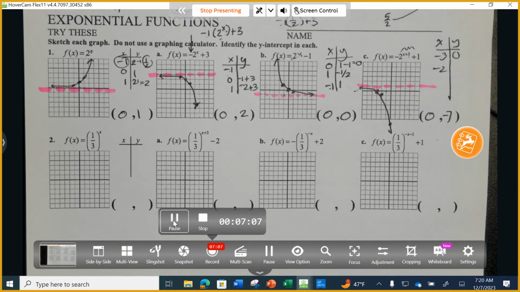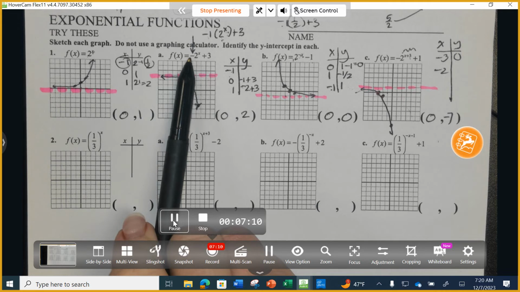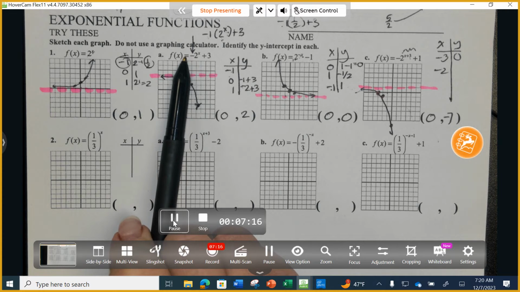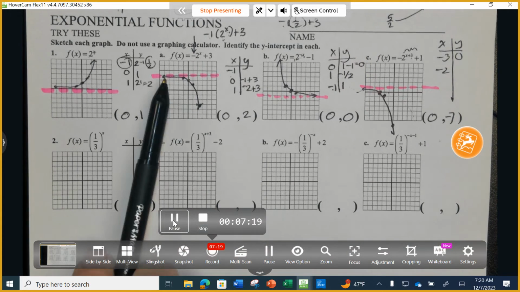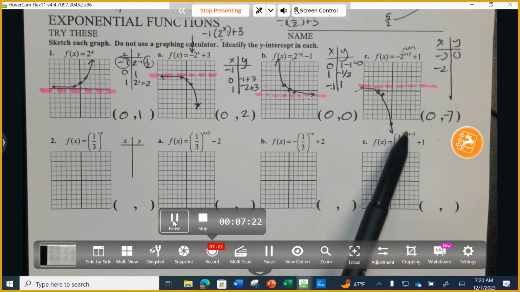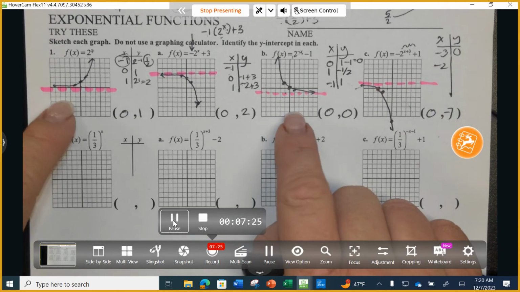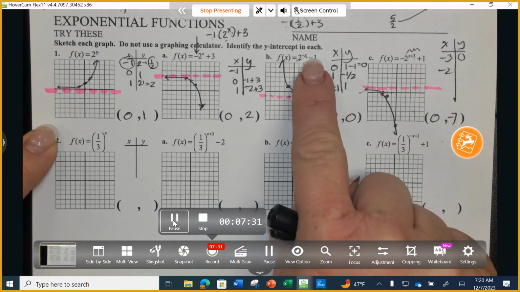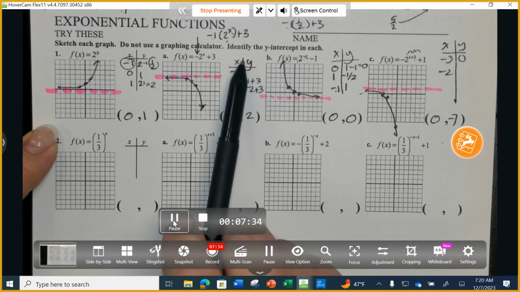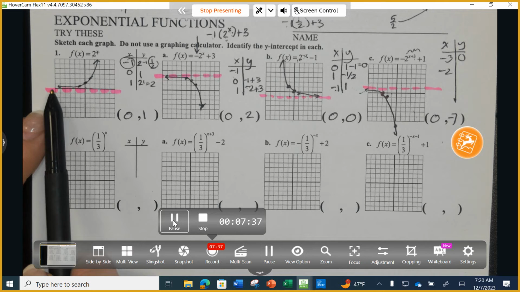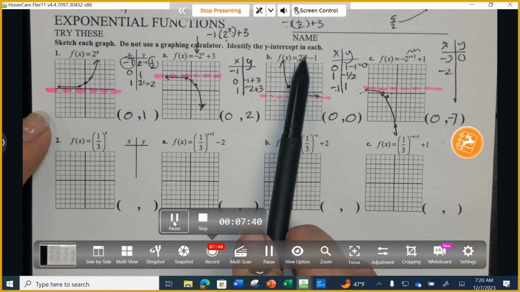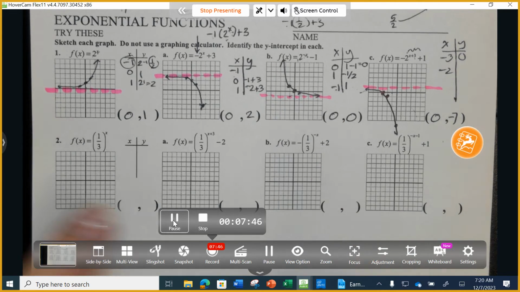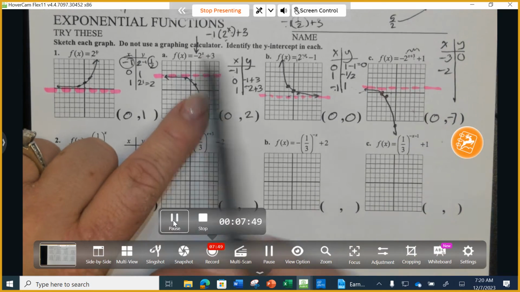Here are the generalizations, if you've forgotten this while you did the homework. When there is a negative sign out front, think of this as a -1 times this quantity. What happens when there's a negative in front of the number? Instead of it going up, which way does it go? So notice how it goes down for part A, it goes down for part B. Next up, what is the difference between these two? When the exponent is positive, it's up to the right, but when the exponent is a negative variable, it goes up to the left. That's because, listen closely, when there's a negative in front of the variable in the exponent position, you're doing a reflection across the y-axis. When there's a negative in front of the number, it's a reflection across the